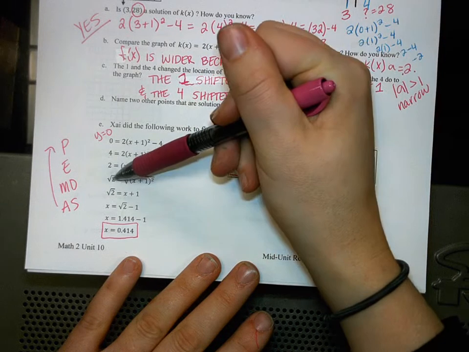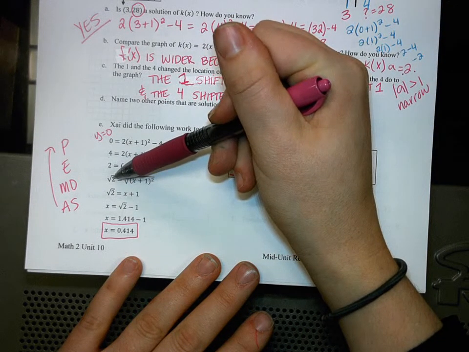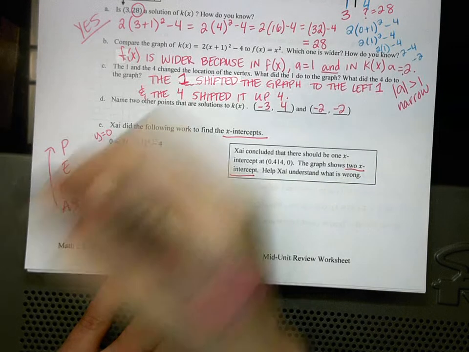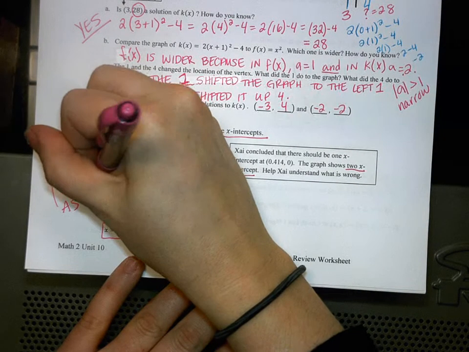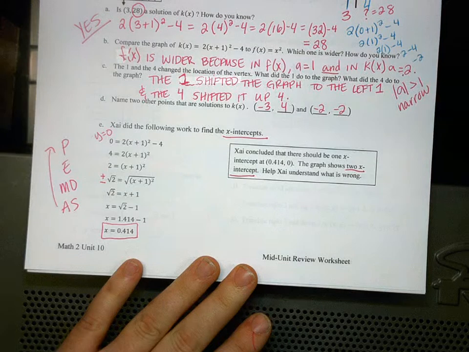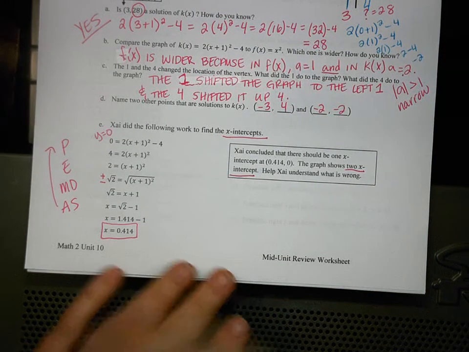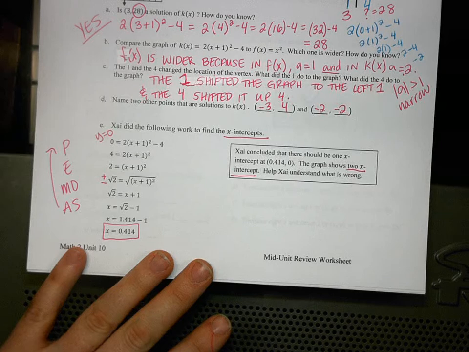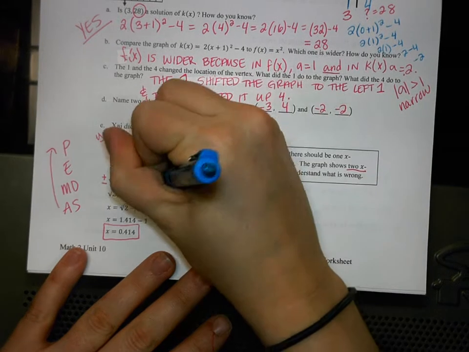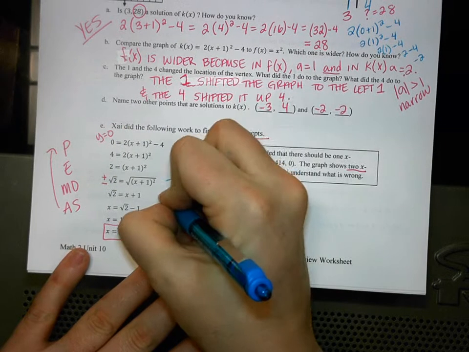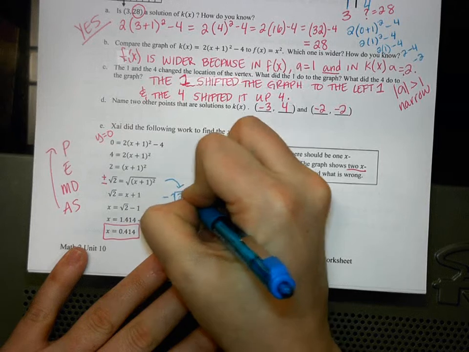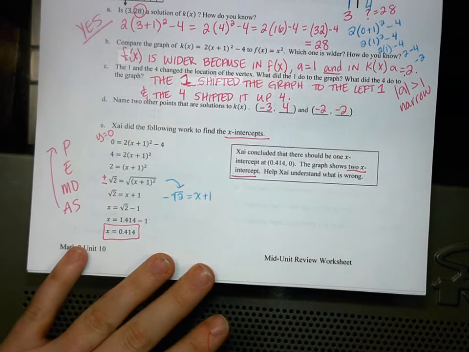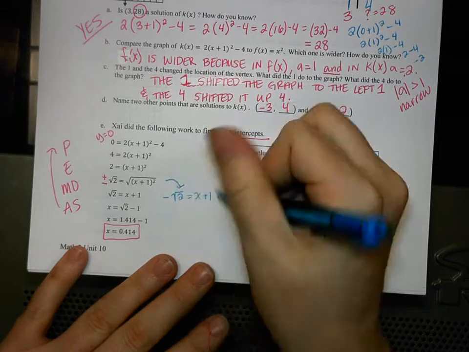But remember, the square root of 2 could be positive or could be negative. So you want a plus or minus the square root of 2 when you take the square root. So that splits off a second piece right here. So we should also have the negative square root of 2 equals x plus 1, just like we had the positive square root of 2 equals x plus 1. So then I add 1 to the other side,